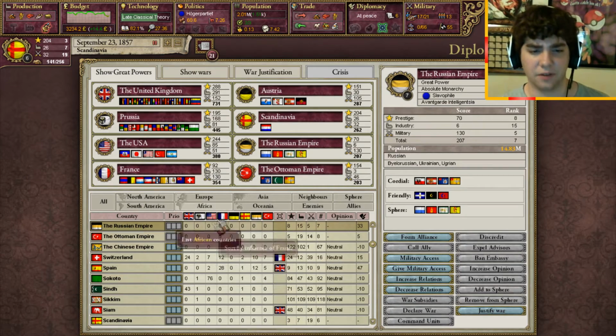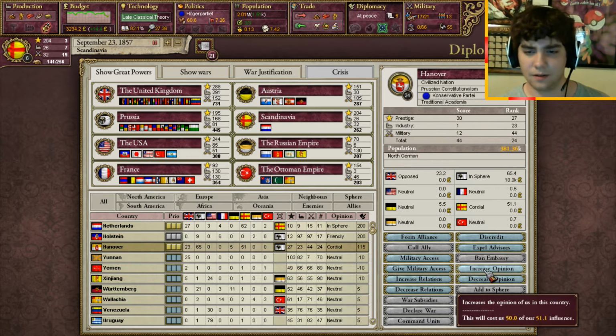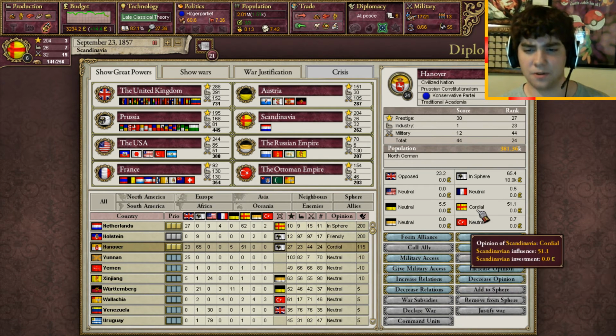We can do something in Hanover. Oh god, didn't we get banned from Hanover? Alright, so we're at Cordial now, and it's in the sphere of...